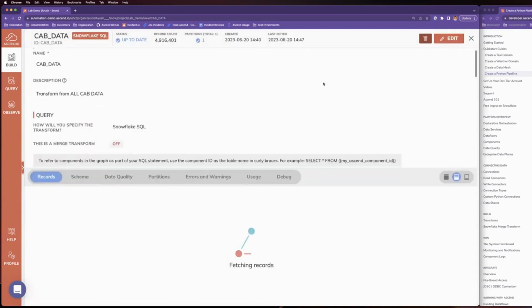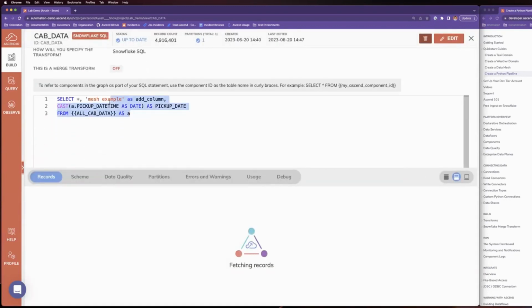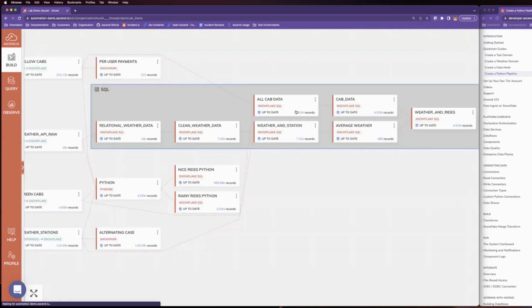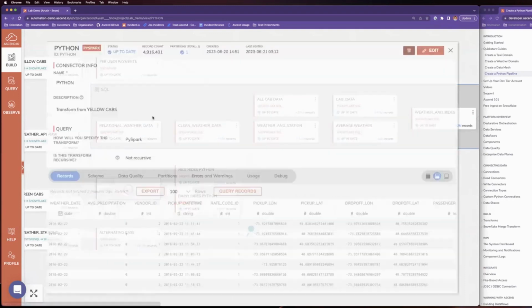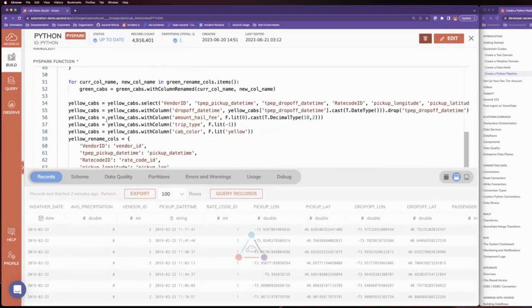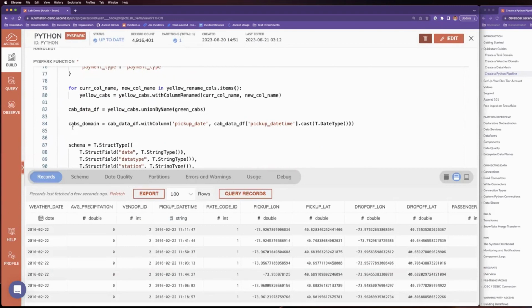And in cab data, we have this. So we just have this add column, and then we have this pickup date, right? And here you'll see that we are actually able to do that within one line, right? We just do a with column with a cast as a date type. So it's just as easy for Python to be translatable from SQL, where you have maybe even less code than is present in the SQL query itself.